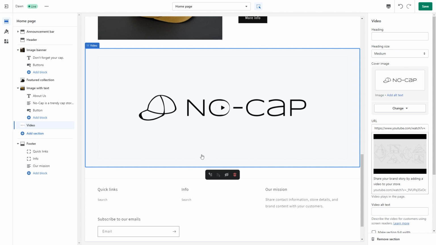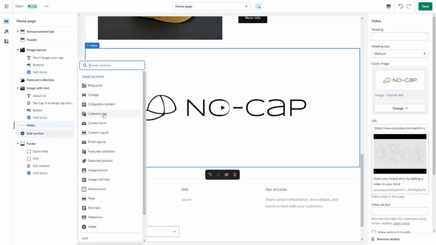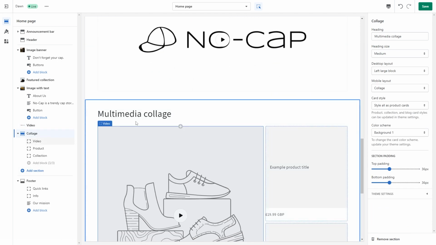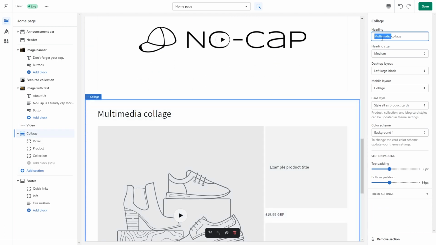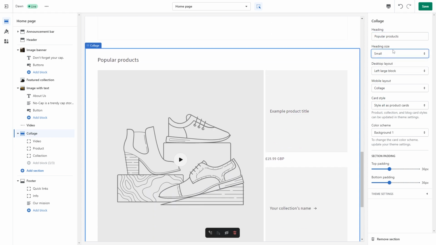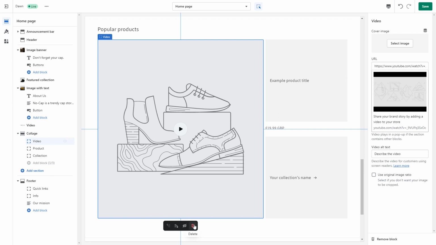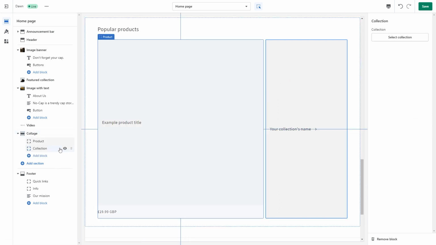So now I'm going to add yet another section, and what I'm going to do is add a collage. So let's click onto that section, and first of all I'll change the heading. I'm going to type popular products, and I'm going to make the heading size small again. Now you may want to adjust some of these settings to make it look exactly like you want it, but I quite like the default settings. However, what I am going to do is delete the video, and I'm also going to delete this collection,